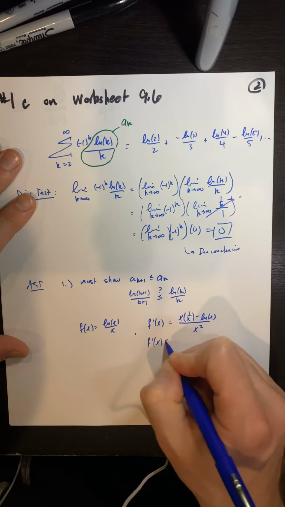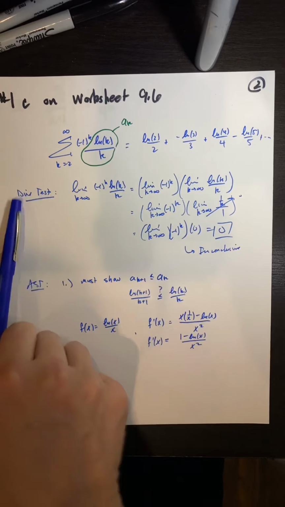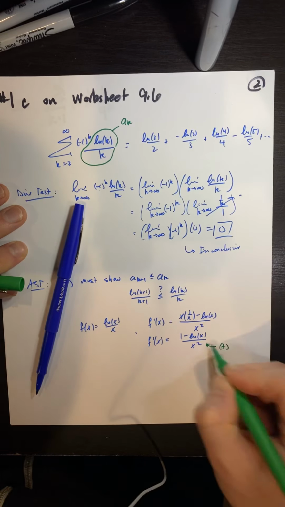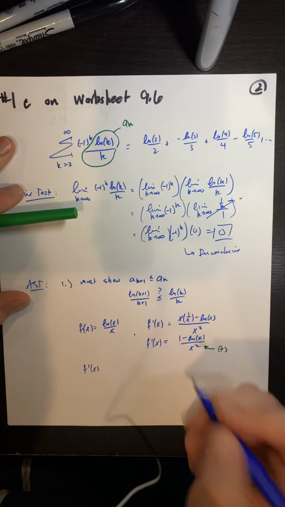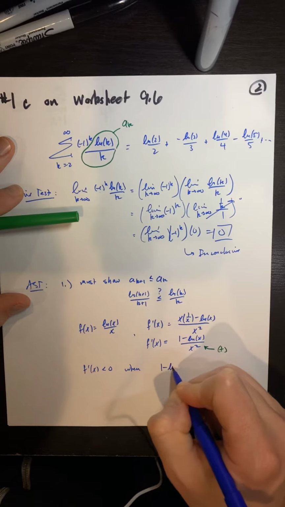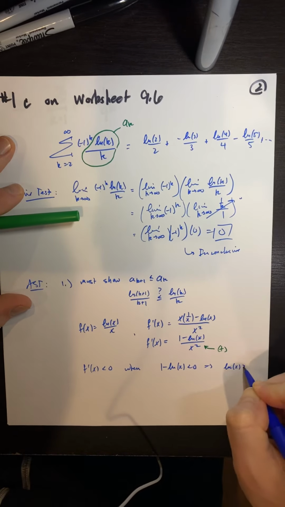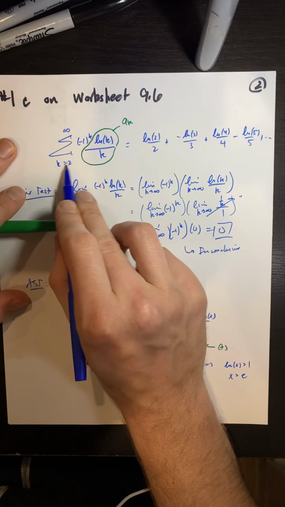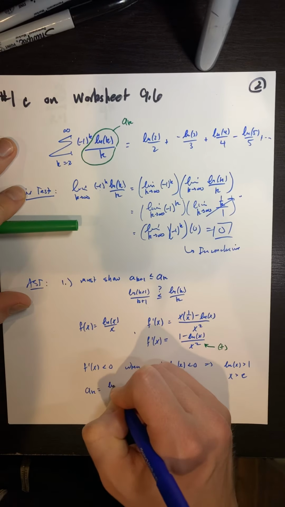So f prime of x would equal (1 minus ln of x) over x squared. And we can see here this thing is always positive. The bottom is always positive. And the top, so we can say f prime of x is less than 0 when 1 minus ln of x is less than 0, which means ln of x must be greater than 1, which means x is greater than e. So even though this series starts at 2, a sub k equaling ln of k over k